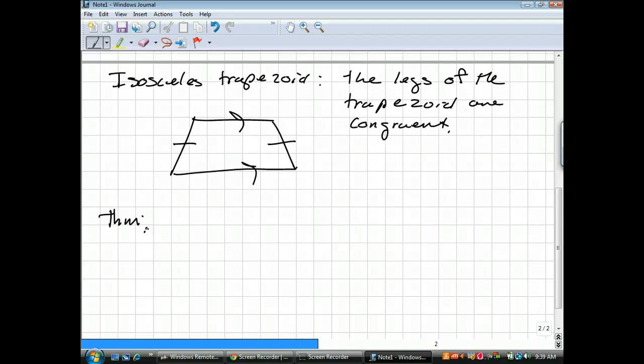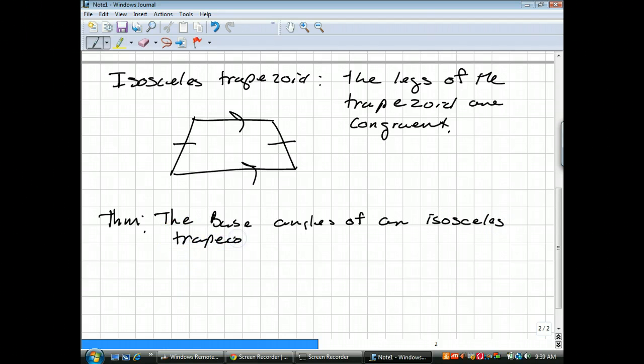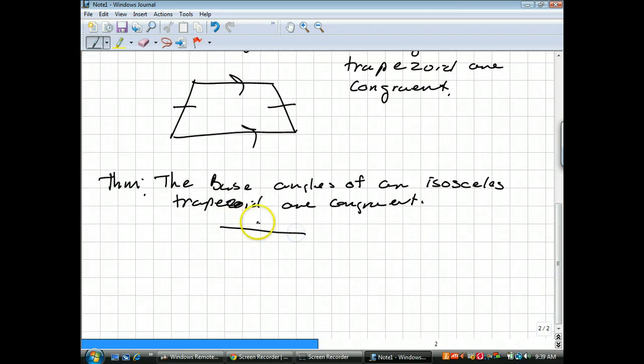And it says the base angles of an isosceles trapezoid are congruent. Okay? So what that's saying,